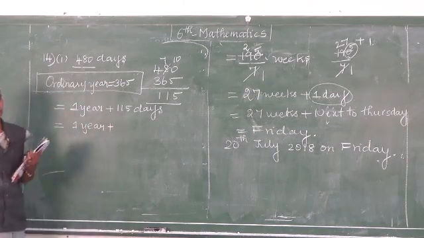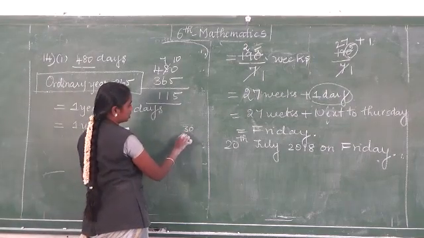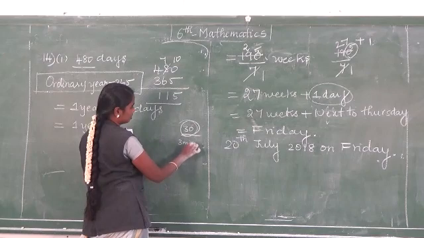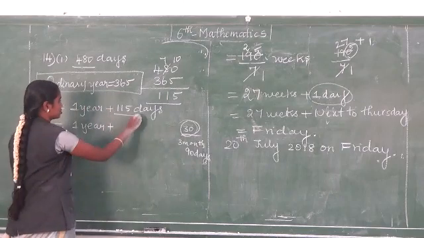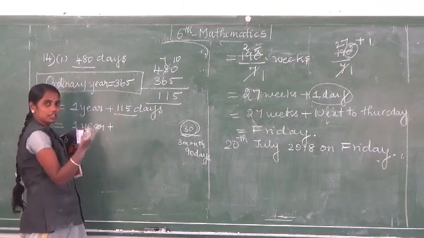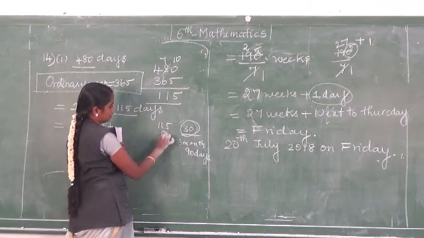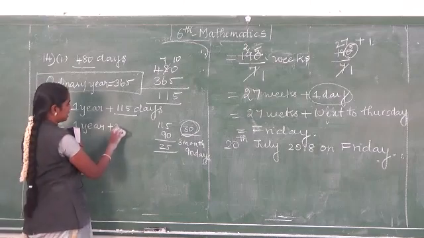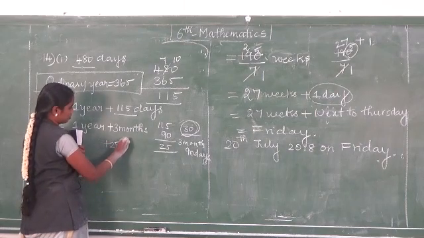So for the month, I am going for an approximation of 30 days, since it may be 29 or 31. If you go for the 30 approximation, then 3 months is 90 days. So split as 90 plus days. We have the difference, subtract and find out: 25 days. So I am splitting as 3 months plus 25 days.